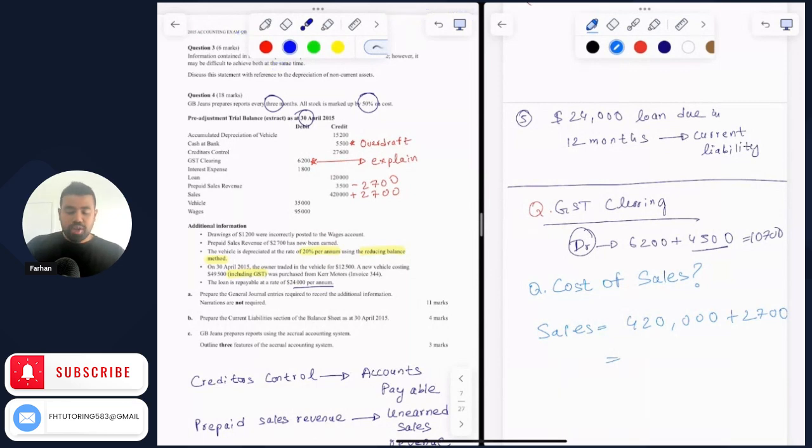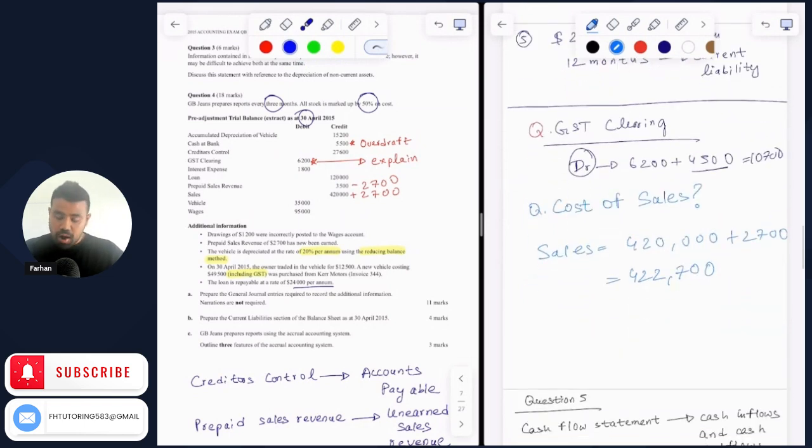So how much do we get for total sales? 420,000 plus 2,700, and that is $422,700. Do we have any sales returns? You can check. We do not really have any sales returns, so this is the net sales we have so far. Now, given that we know the sales, and given that the markup is 50% on cost,